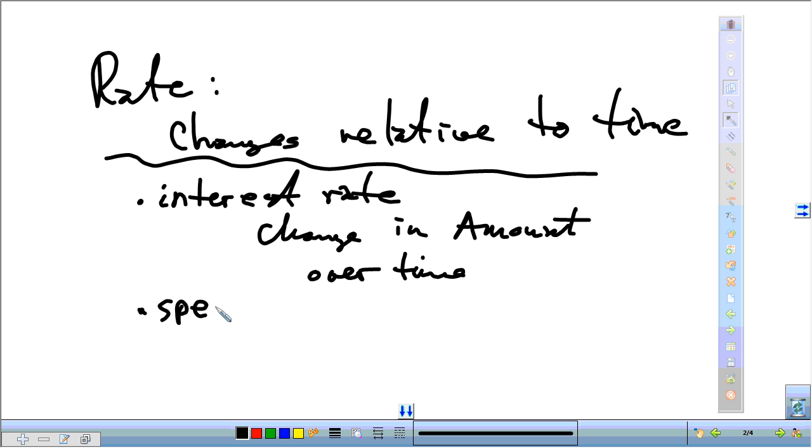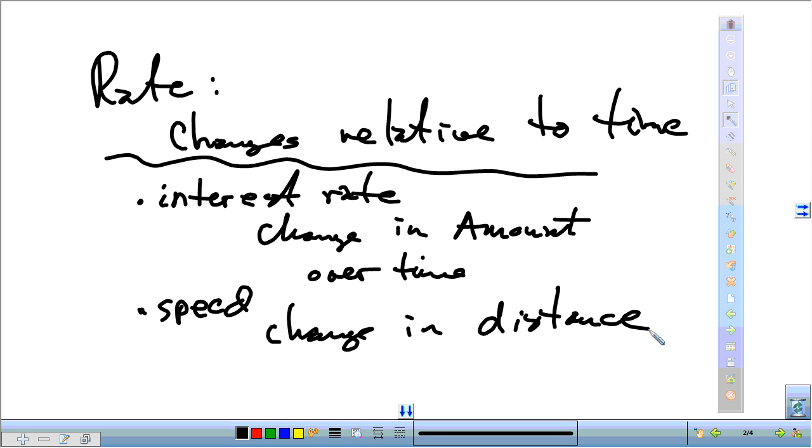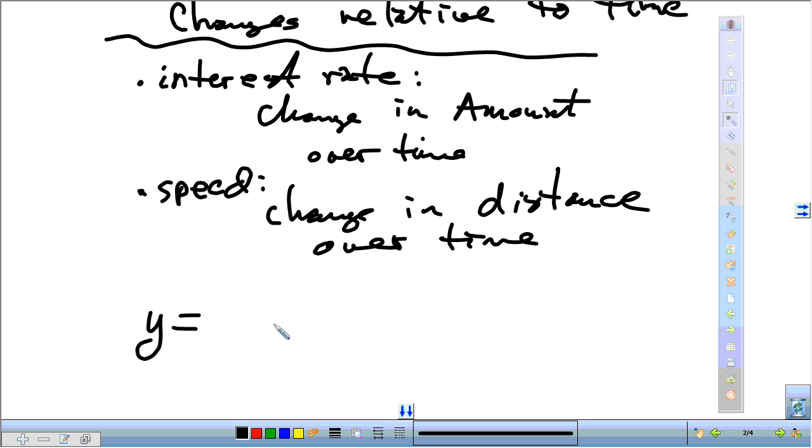Another place that people might notice is that speed is actually a rate. It's the change in, well, how far you go over a fixed amount of time, like 50 miles in 1 hour is a speed. So that would be known generically as a rate. Anything compared to time, the change over change in time, is a rate. So if we have something, a function of t,